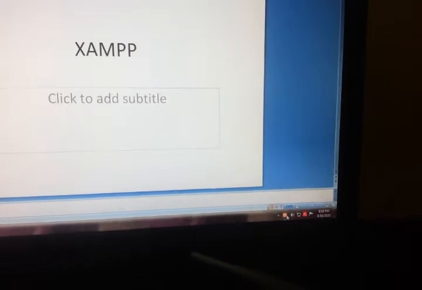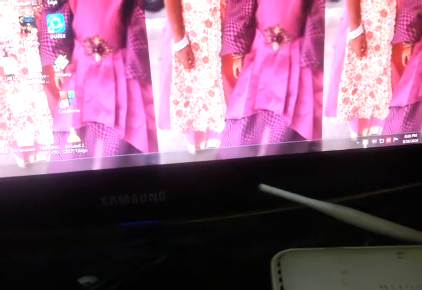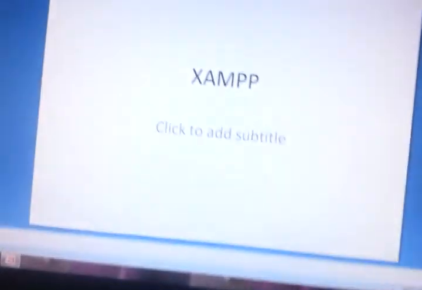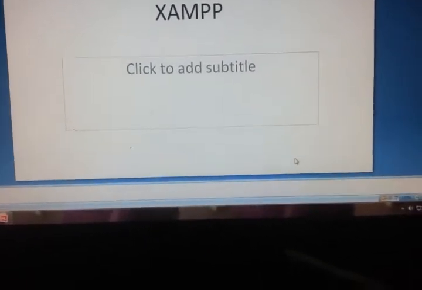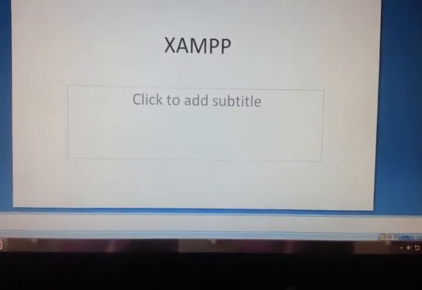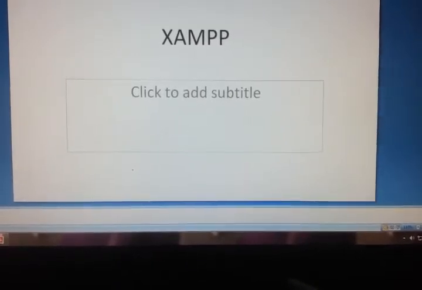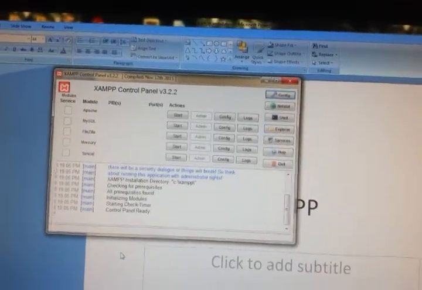Just click that. You got the XAMPP control panel version 3.2.2.